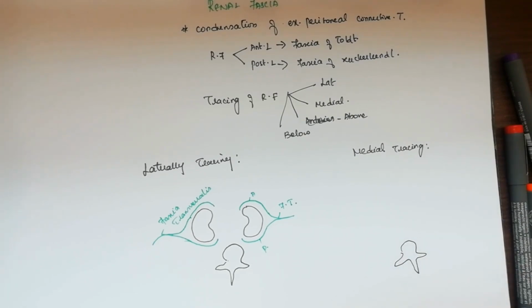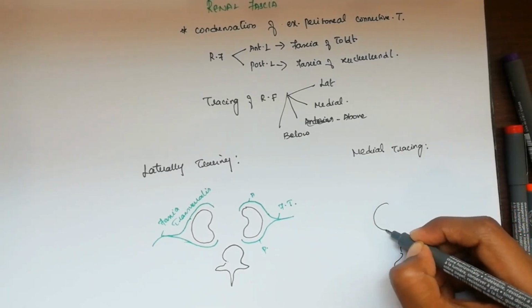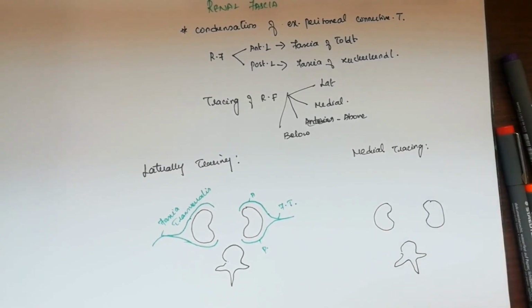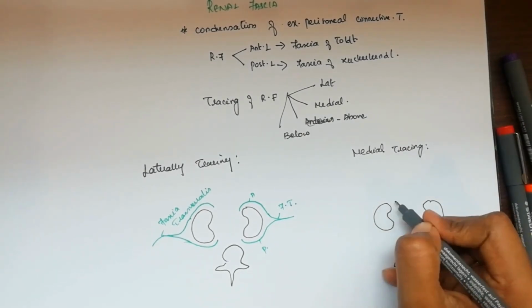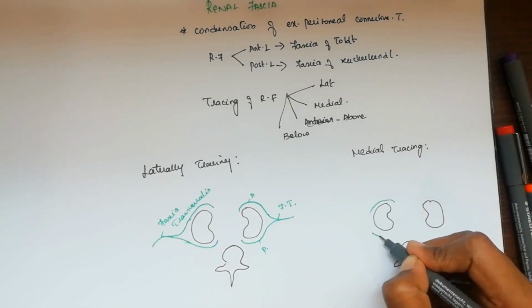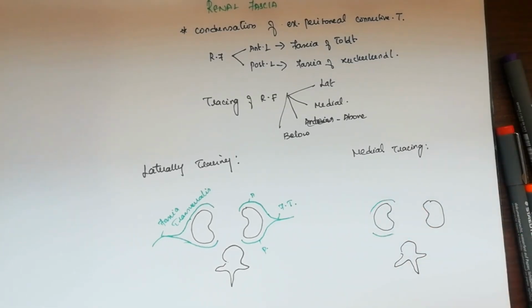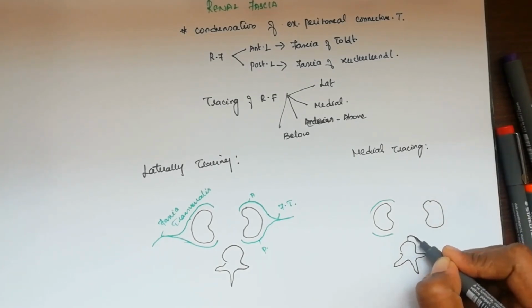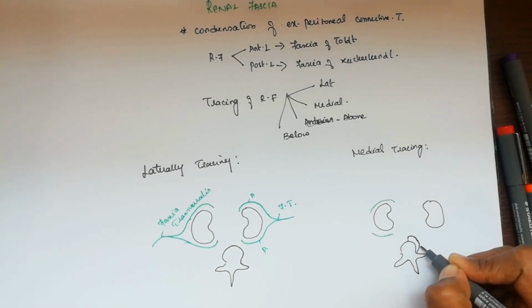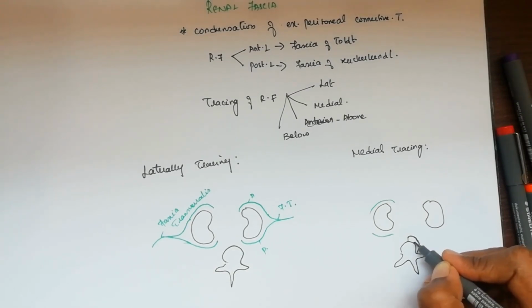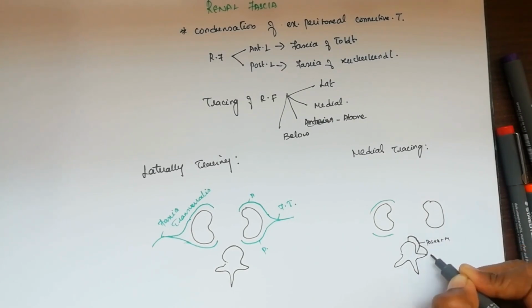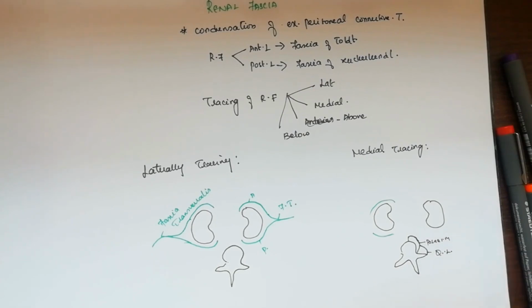So now we have got anterior to vertebra, same like lateral tracing. We have got kidneys on either side with anterior layer and posterior layer. Here the vertebrae is going to give some muscle attachment, such as psoas major muscle and also quadratus lumborum muscle. So here we have got psoas major and quadratus lumborum muscle.